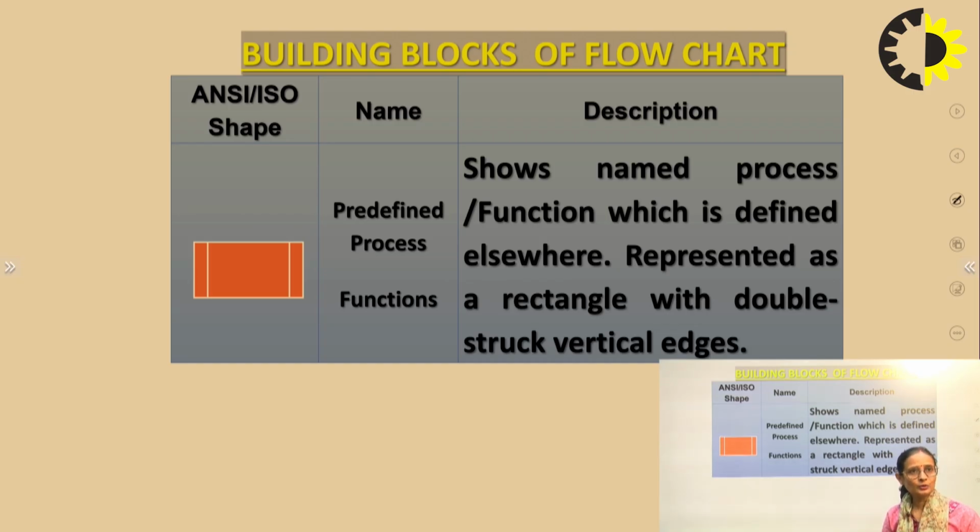So it shows the named process or function which is defined elsewhere. It is represented as a rectangle with double struck vertical edges. It is important that only the vertical edges are double and the horizontal edges are shown as single.